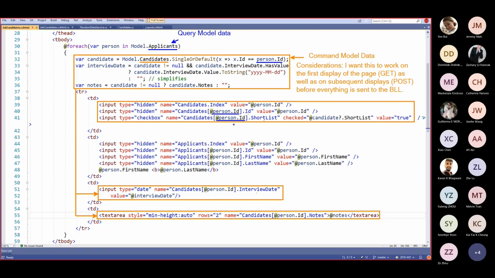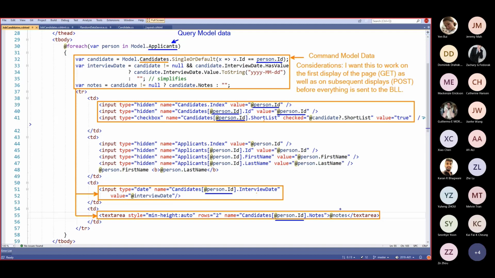And because I can trust that I've got that ID, I can go ahead and use that in some of the key stuff to set up the model binding for my command model information, as I preserve all the candidates' information. And then I'm doing the values being preserved,